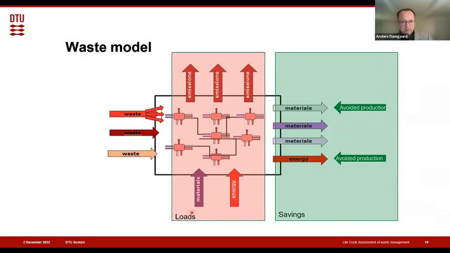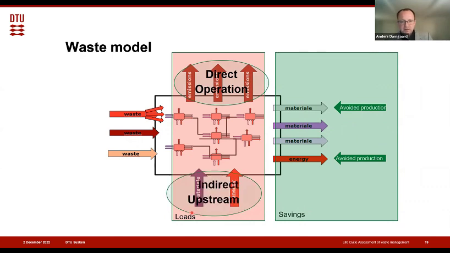Sometimes maybe when I use these words later, I'll talk about the direct operation. We'll talk about indirect upstream impacts that are needed to run such a system. And then we have the indirect downstream impacts to such a system. And this is where the indirect downstream is, of course, somewhere out in society. This happens because this is where we might need less of something produced.